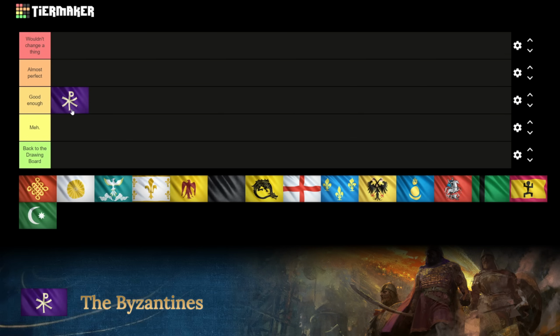Now, the Byzantines were one of the most highly requested civs to be added to AOE4. It's kind of a shocker that it wasn't already added in the base game. It was one of the most popular civs back in AOE2. I was very, very excited for the Byzantines to be added. Everyone loves to roleplay as the Romans. Everyone's thinking about the Roman Empire all the time. So it's really, really awesome that they finally added this civ,